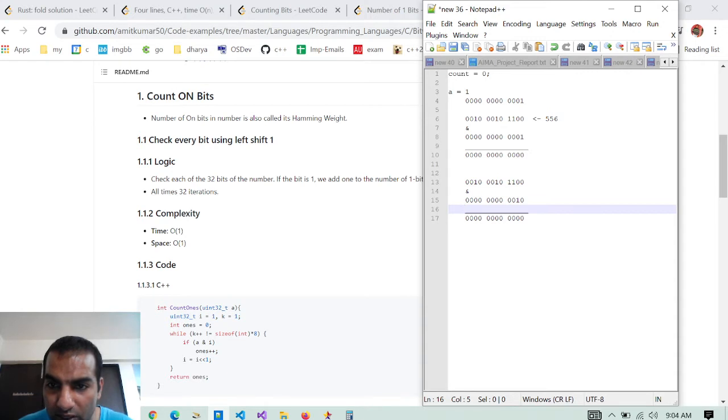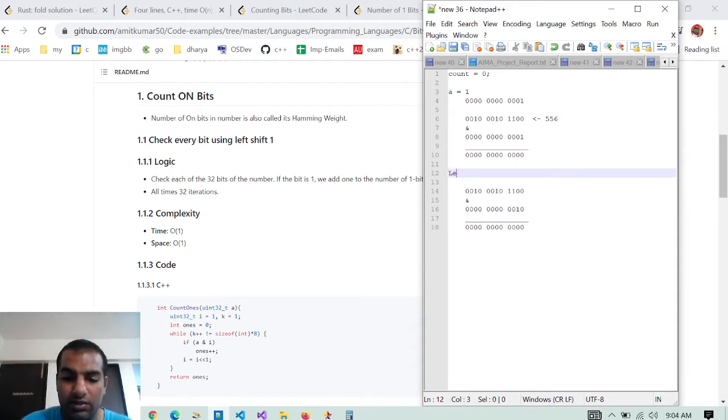So here also 1 and 0 is 0, 0 and 1 is 0 again. Now again we'll do a left shift of a by 1.